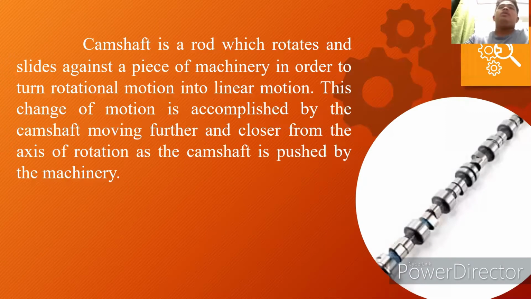A camshaft is a rod which rotates and slides against a piece of machinery in order to turn rotational motion into linear motion. This change of motion is accomplished by the camshaft moving further and closer from the axis of rotation as the camshaft is pushed in the machinery. Yun nga, and nakakonekta nga siya sa rod. Yung motion niya is ikot lang siya ng 100 times